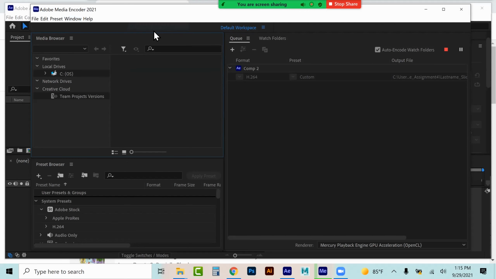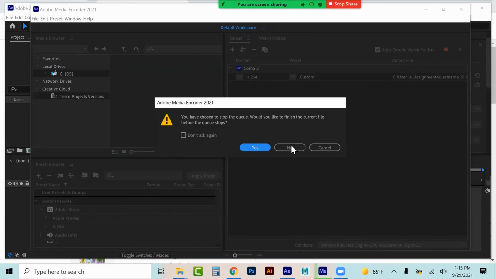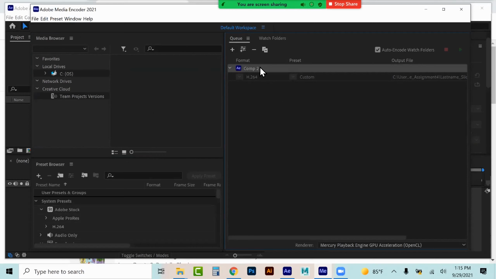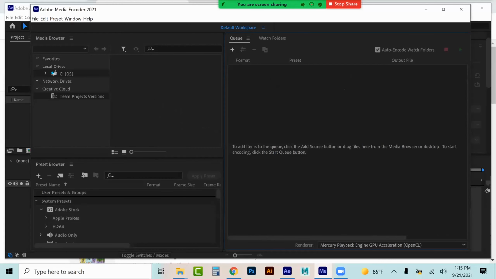I can just default my workspace here. See. Maybe it wants me to pause before I do that. Okay, we don't have to wait for this to actually finish. Just minimize that, let it cancel. All right,